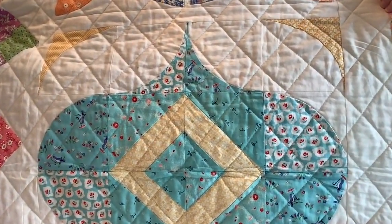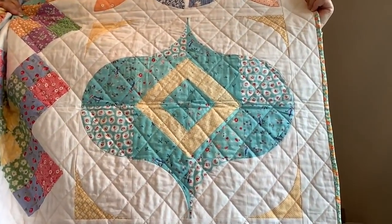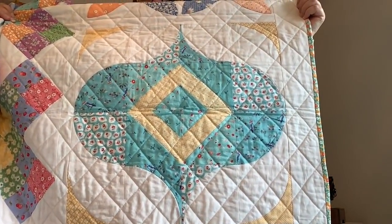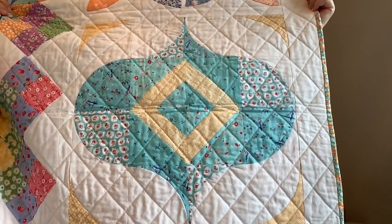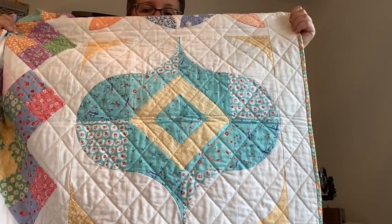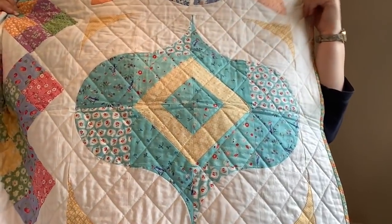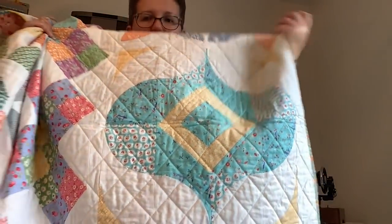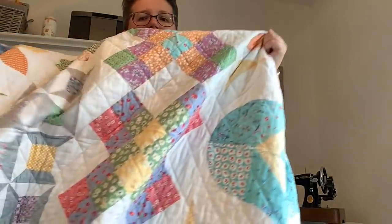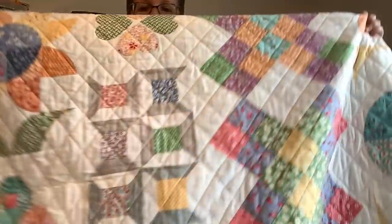Some more curves to make a different shape. So you can see that from the curves, Judith has shown us that we can make like the sunflower and then make this beautiful, what I would describe as a bauble, but I guess there might be other ways of describing it. So some curves and some half square triangle type piecing in that one. That's another of the granny square modifications. Some spools,